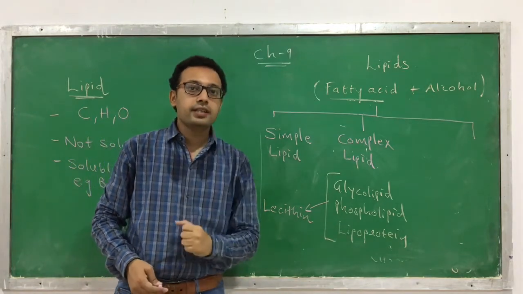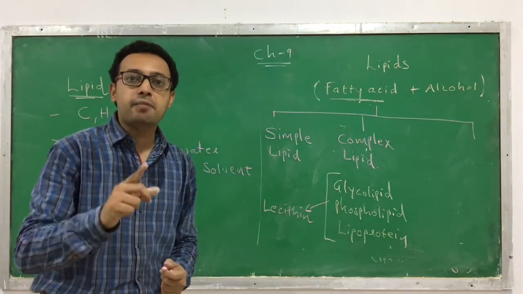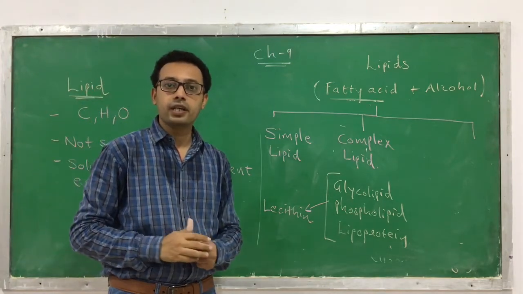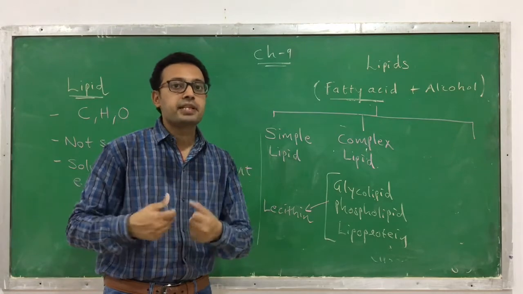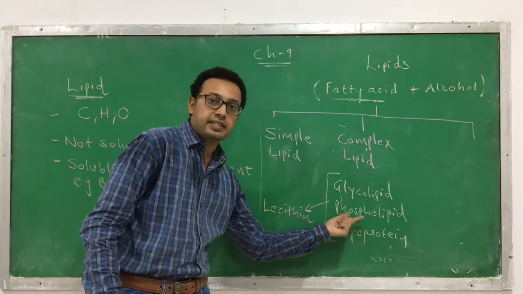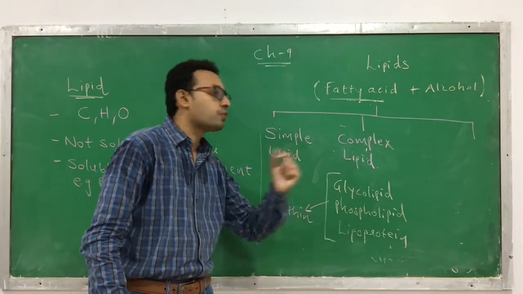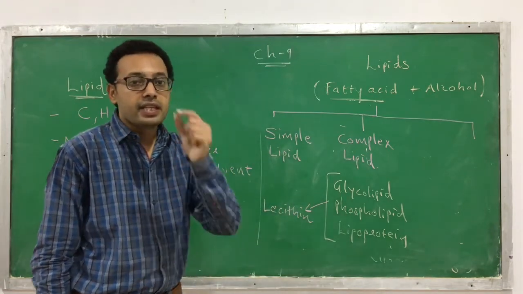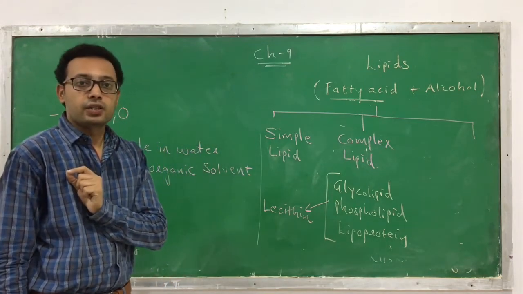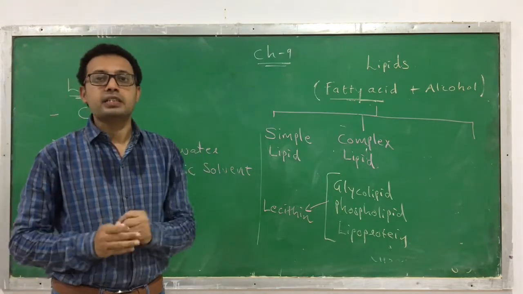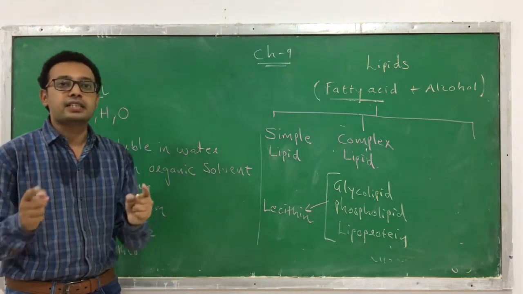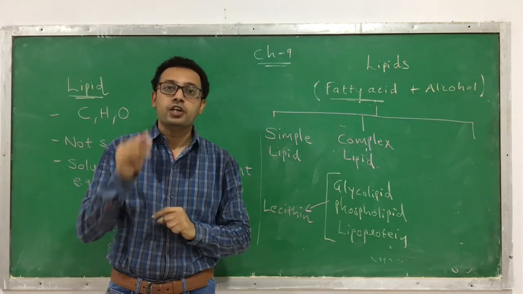We have learned in chapter number 8 that the cell membrane is made up of two components, lipid and protein. You recall it, the cell membrane is made up of lipid and protein. One of the lipids present in the cell membrane is phospholipid. I will also tell you where lipid is present. You can find lipid at a number of places in our body, but one important place is surrounding a nerve fiber, the neuron.